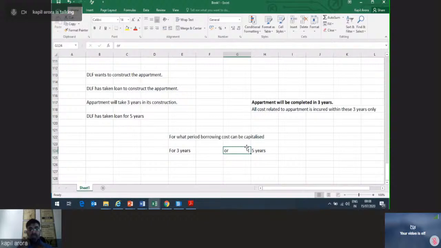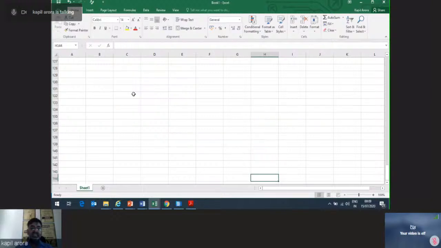Borrowing cost allows you to push your expenses to a future period. Interest expenses. So for which period? Is it going to be added for 3 years? Is it going to be added for 5 years? So there was no clarity. If there is no clarity, then companies may follow 3 years or 5 years. For that purpose, AS 16 has given us guidance